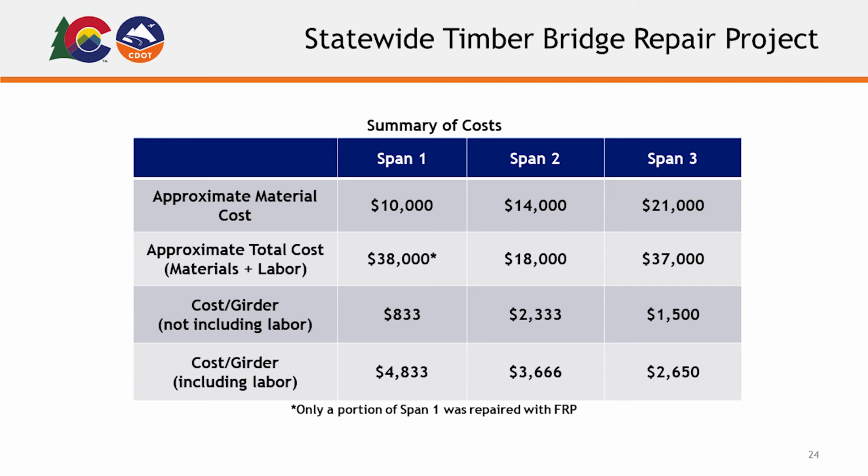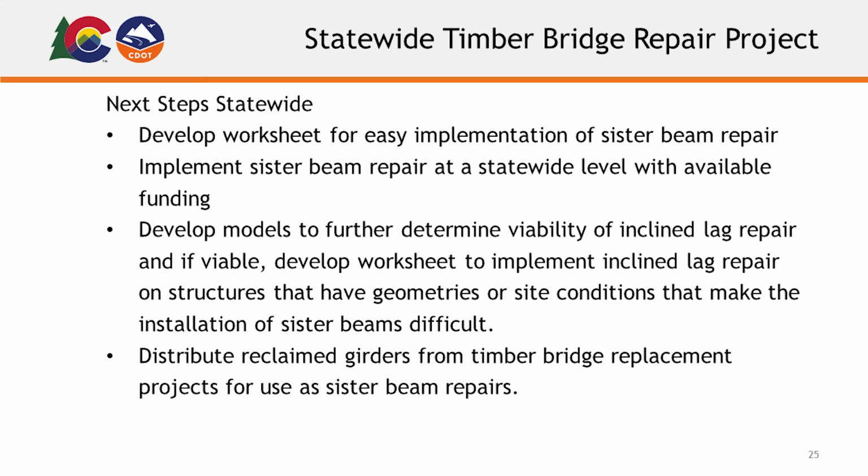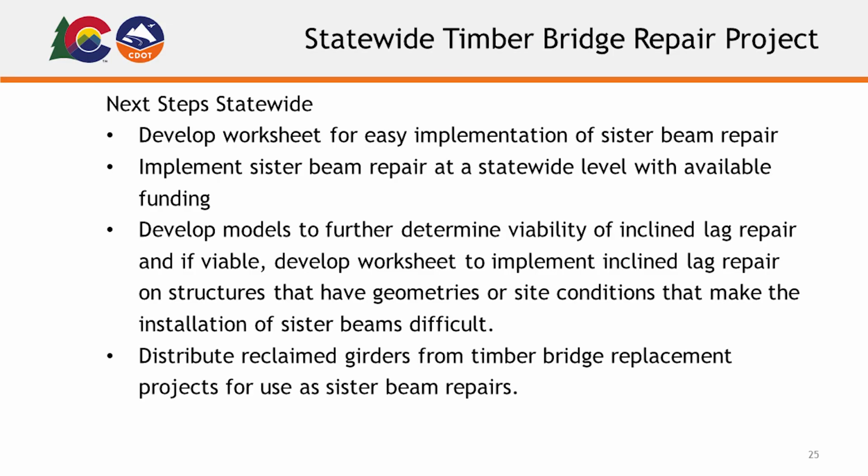And you can see that in span 1, labor ended up really driving the total cost of that repair, versus in span 3, the materials really drove the cost of that. What we've decided to do is actually move forward at a statewide level with the sister beam repair. Like I said, we can calculate its benefits to the structures. The guys can implement it. In fact, they've already completed 2 different pilot structures in areas around the state,